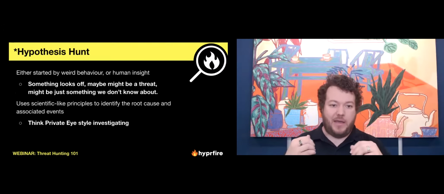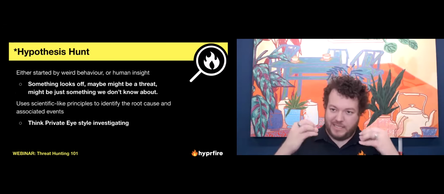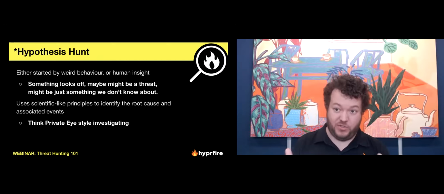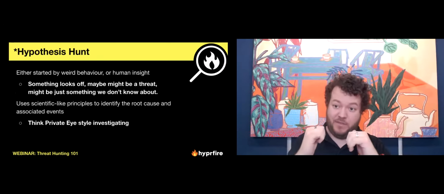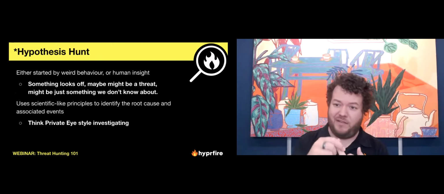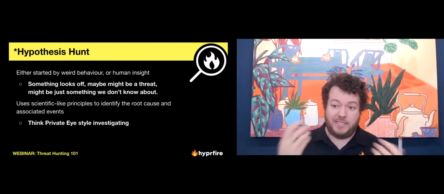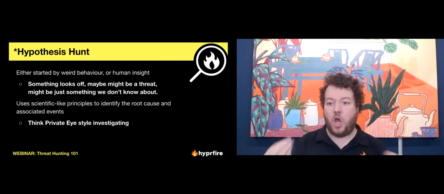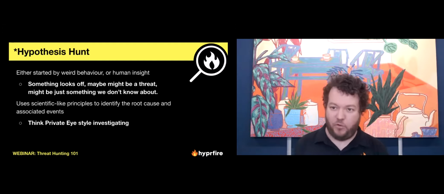So yeah, hypotheses. We sort of went into this a little bit before, but this is like you found something weird, again, very much driven by your insight and what you are used to in your SIEM or SOC. If you see something strange, maybe it's worth investigating, right? Something looks off, something may be a threat, something is sending out events that you're not really sure about. It might just be something you don't know about on your network. Maybe someone's doing some new behavior, maybe something's just been installed, but it could be something malicious. And so again, knowing what it is is super important, and performing these kinds of proactive, free-form investigations to identify what's causing things in your network is very, very important